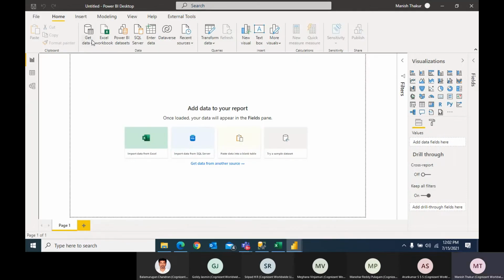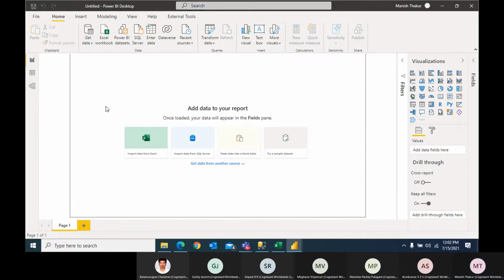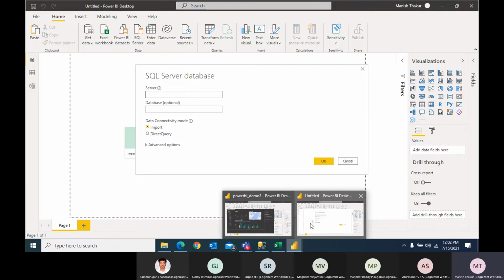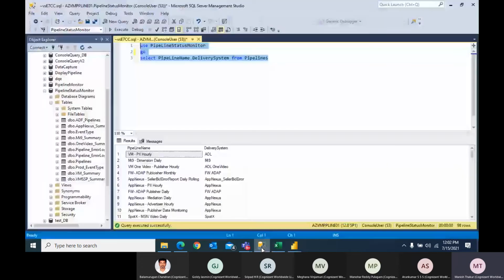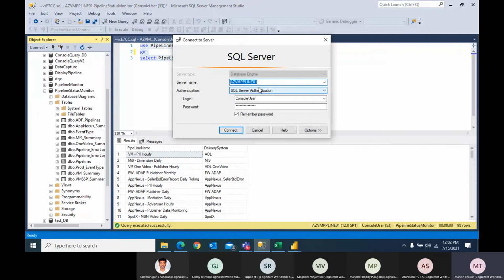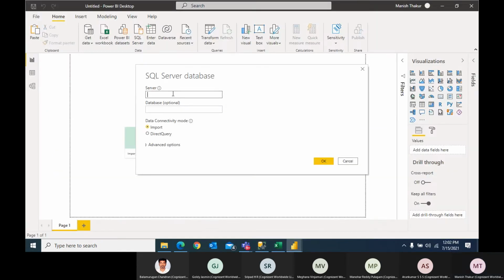So here you can see get data, right? In get data, you have to select SQL Server. Then you have to give the server name. In order to fetch the details, you have to give the server name and the database name.